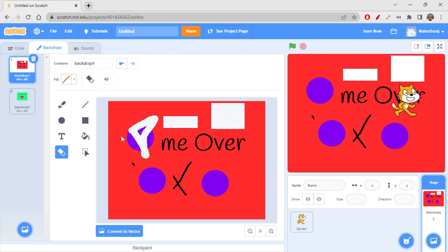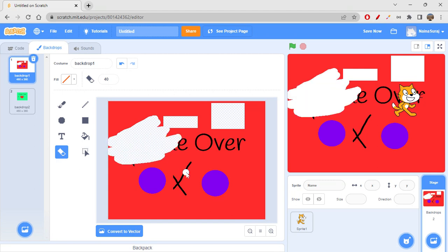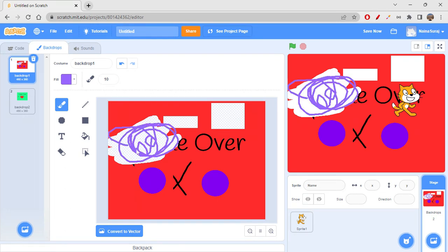The eraser tool will allow you to erase something on the screen. See, it erased it all. And then if you want to write or draw something again on this, you're absolutely free to do that. So this is how it is. Bitmap will allow you all the options possible to draw, and vector will also allow you. But in bitmap, you can see that pixelization happening here, right? And in vector you will not see that kind of thing.